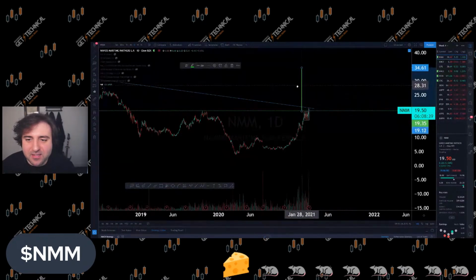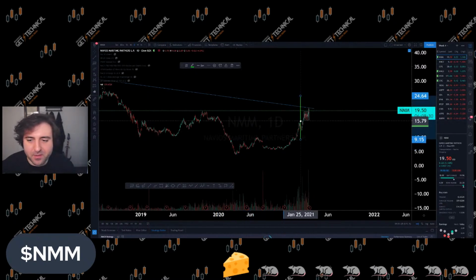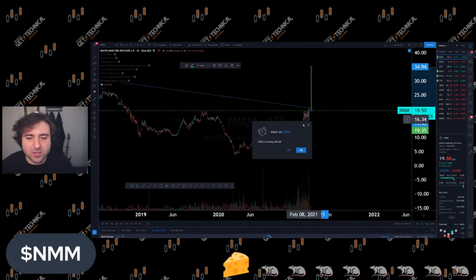So we add the depth of our double bottom, which is from the neckline or this upper resistance down to the absolute lowest point in the double bottom. And then we add that to the neckline to set our price target. Our entry is a close